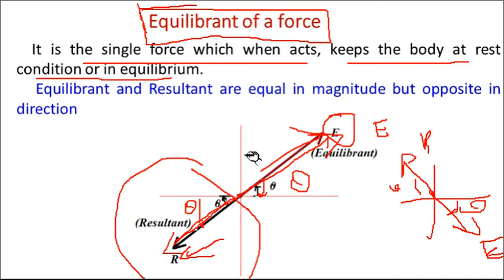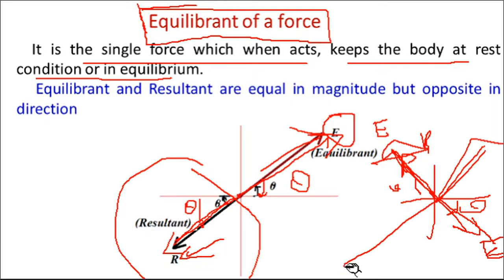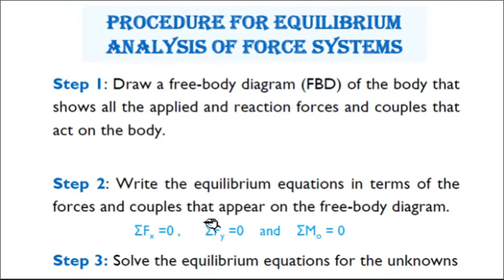So what do you have to do for the equilibrant? If the resultant comes in the third quadrant, the equilibrant will come in the first quadrant. If the resultant comes in the second quadrant, the equilibrant will come in the fourth quadrant. An MCQ for one mark may be asked. If the resultant lies in the first quadrant, where will the equilibrant lie? In the third quadrant, with equal and opposite direction. Sometimes the question may be: if the resultant is 50 Newton, what is the magnitude of the equilibrant? They must have the same magnitude, so the equilibrant is also 50 Newton. So be very careful while answering the questions.